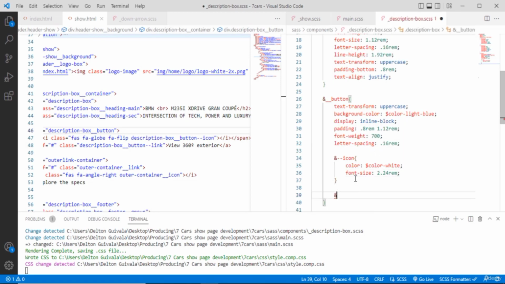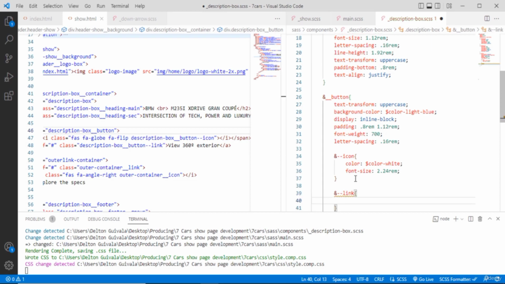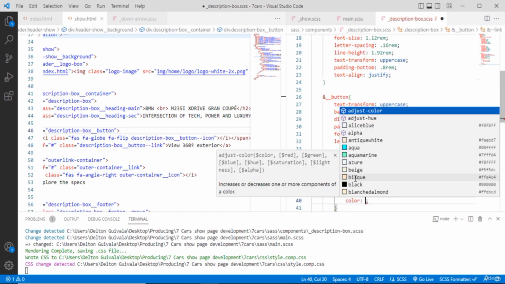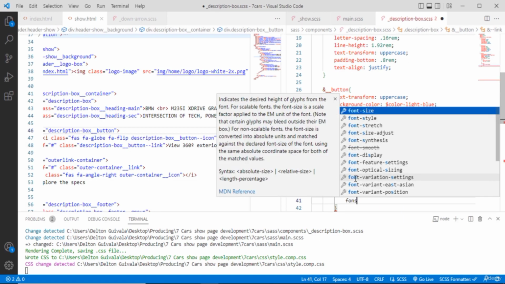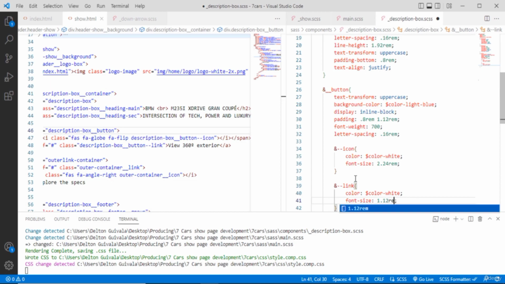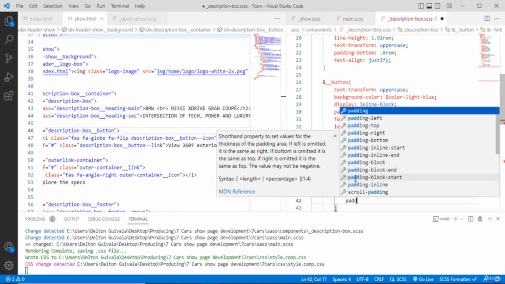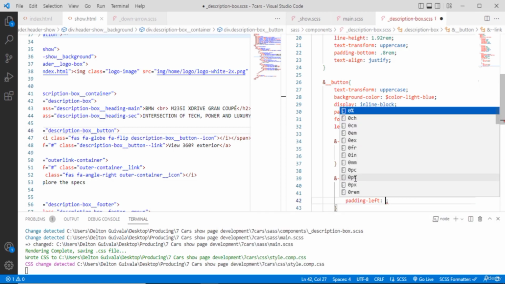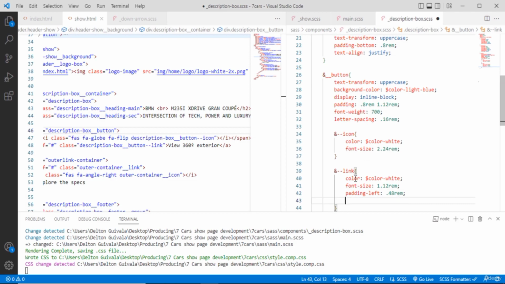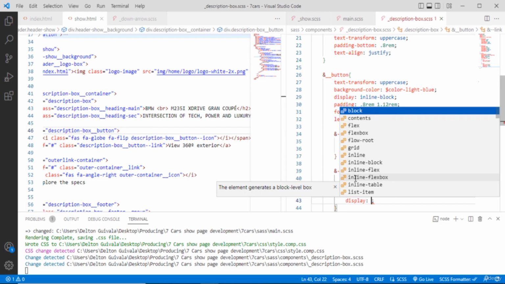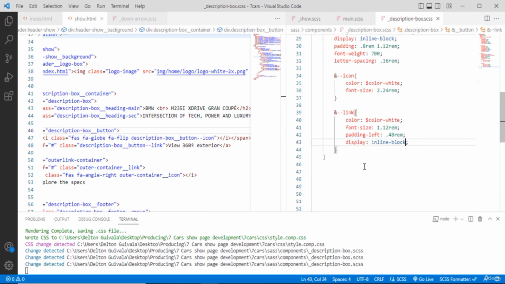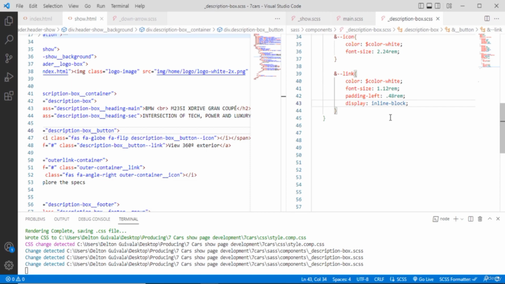Then we have our link. We're gonna put the color to be color white, increase its font size to some 1.12 rems. We're gonna have a padding to the left so that it stays a bit shifted from that icon, our globe. We're gonna set some display as inline block. I really like to make this when I work with the links. And let's save. See,